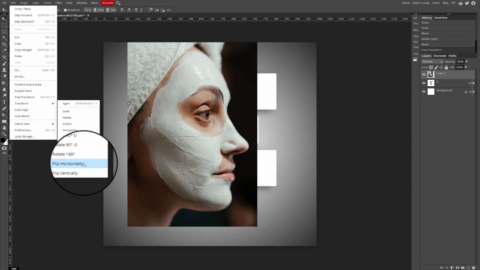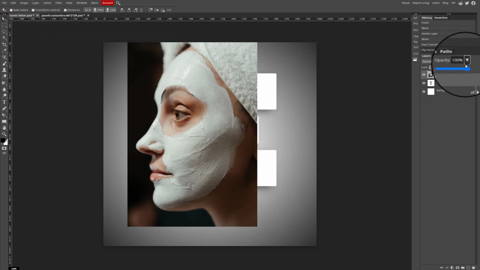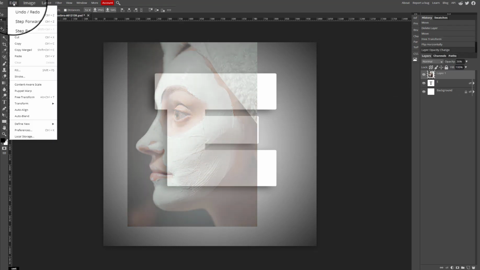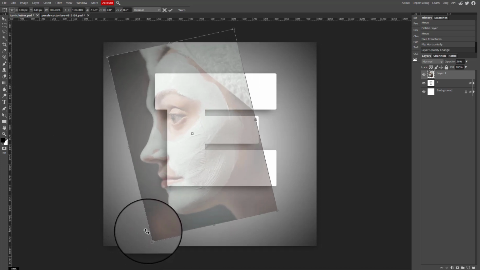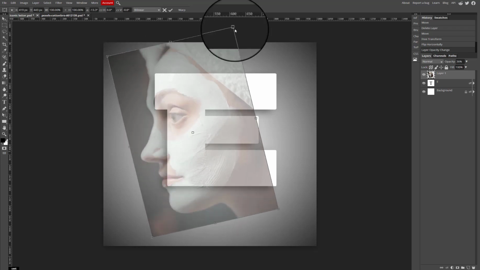I chose to flip the image horizontally because I wanted the nose and the lips to pop out of the left side of the E, but you guys can flip it if you want to, it's completely optional. It was a little bit hard to place the image because it was fully opaque, so I ended up lowering the opacity of the image and tilting it using the rotate function with retransform,